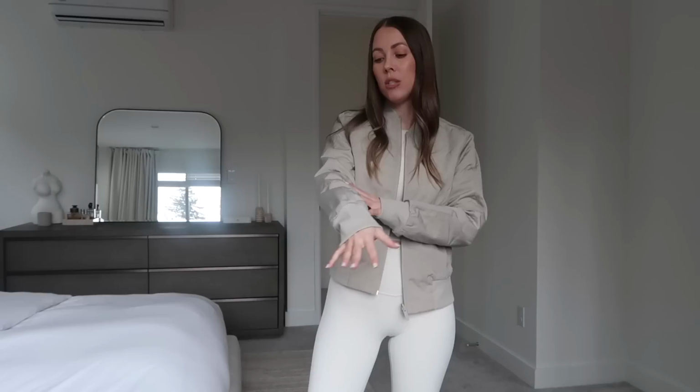And it's great for those spring days that are a little bit cold or there's some rain too. This is water resistant, but it is also insulated, so it provides a little bit more warmth, which may be needed. The last thing I would mention about this jacket is that I did size up to a size